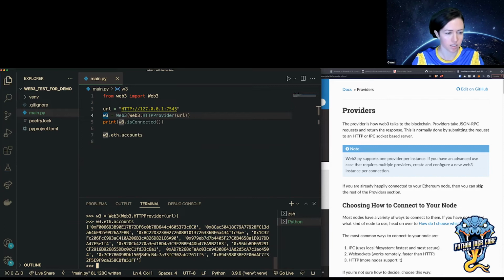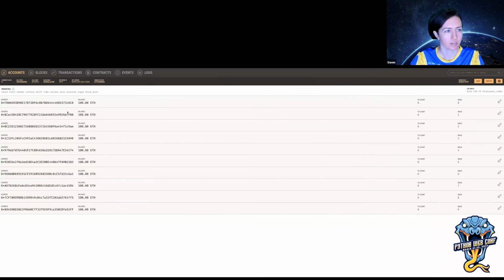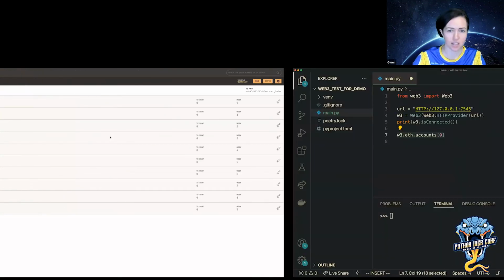So that's basically what I'm going to do here for sending and receiving transactions. So I'm going to say accounts 0 and send from my first account, which is this account, and just send Ether to this account.